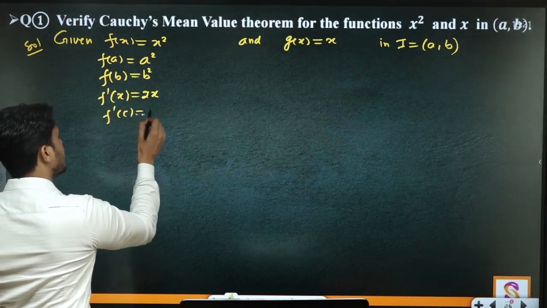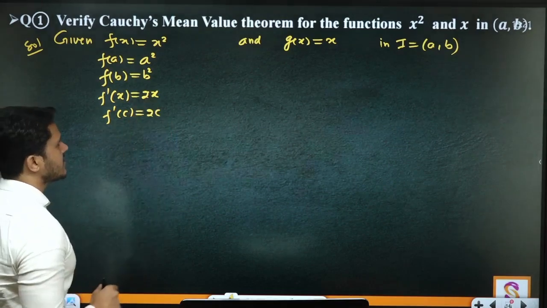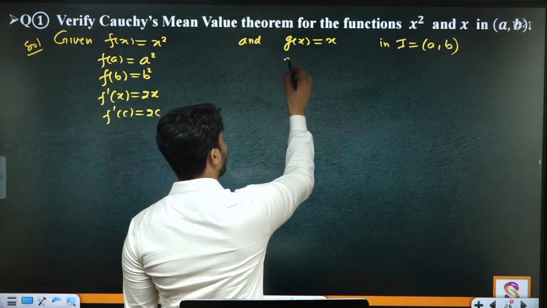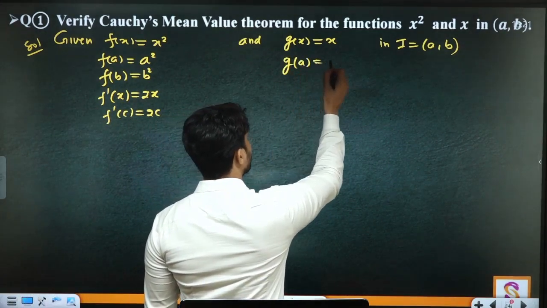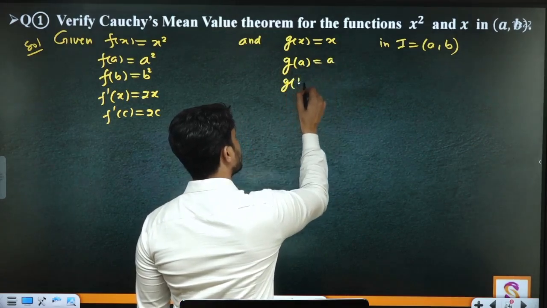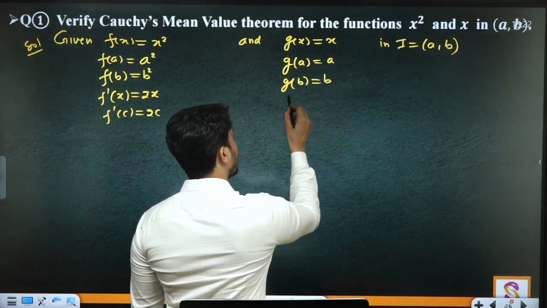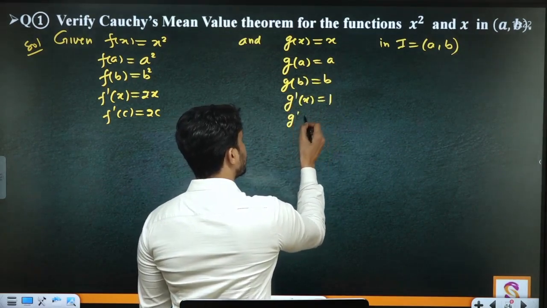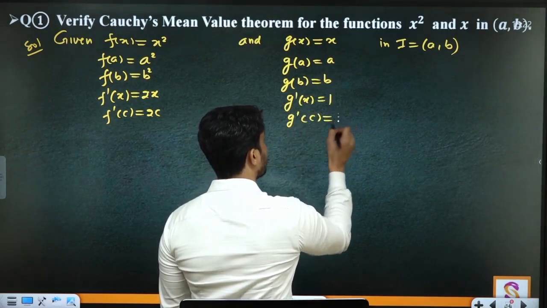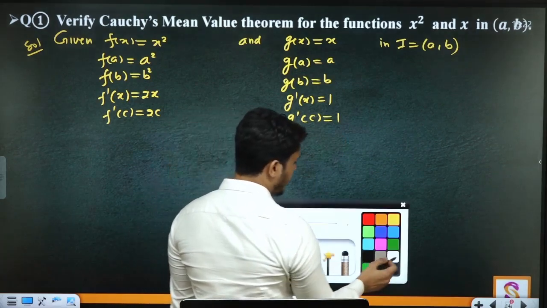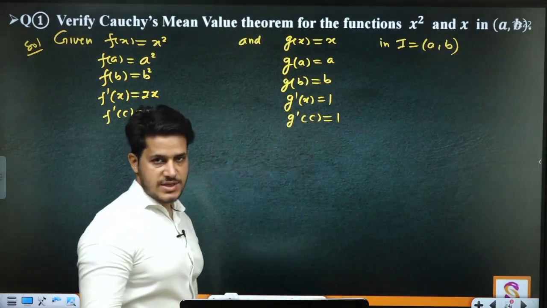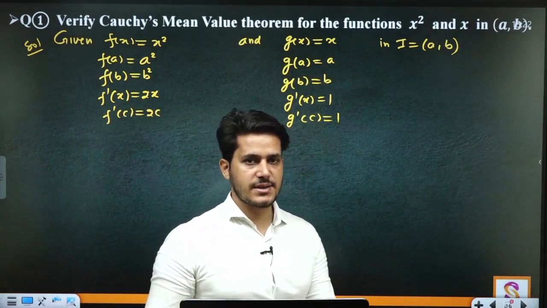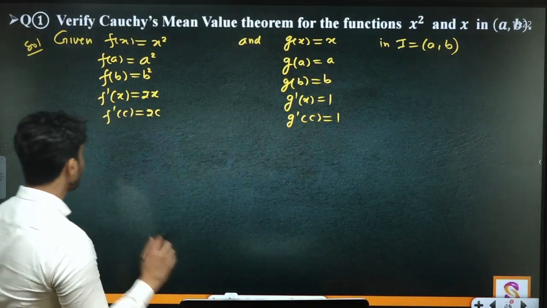c will be 2c. Similarly, you have to find the value of g(a), which is equal to a, g(b), which is equal to b, and then the derivative g dash x, it will be 1. That's why g dash c is nothing but 1. Now you have to apply Cauchy's mean value theorem for the two functions. क्या होता है? Now